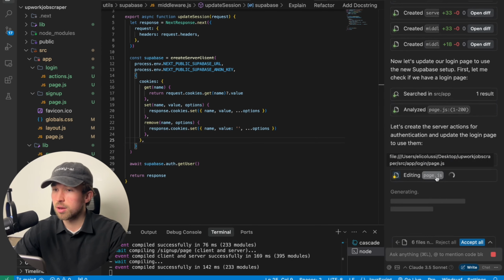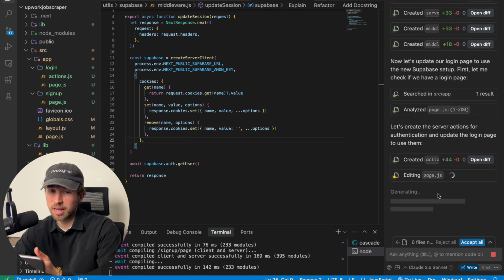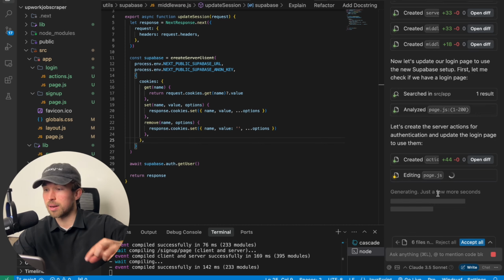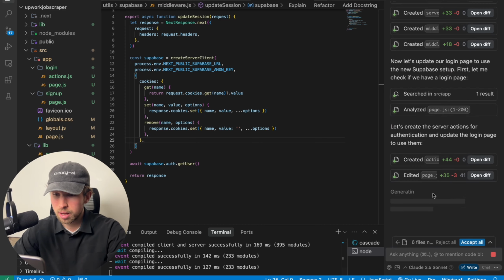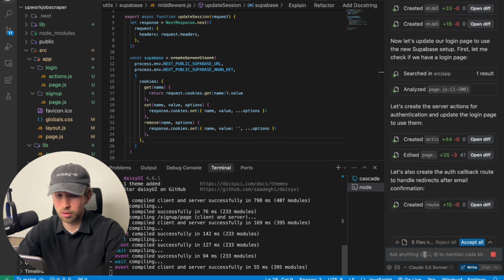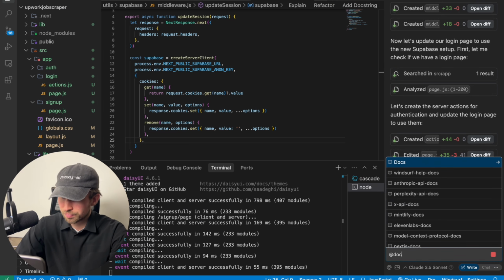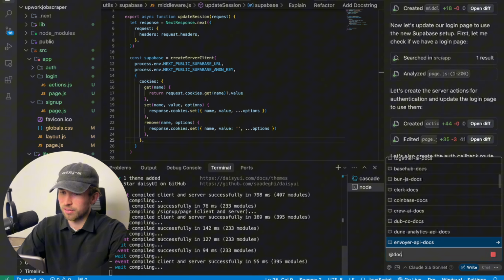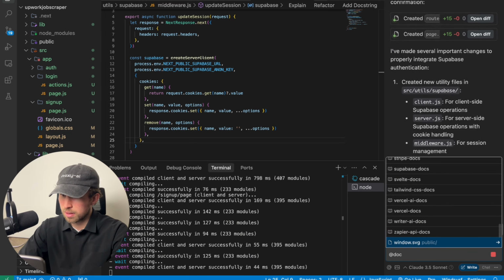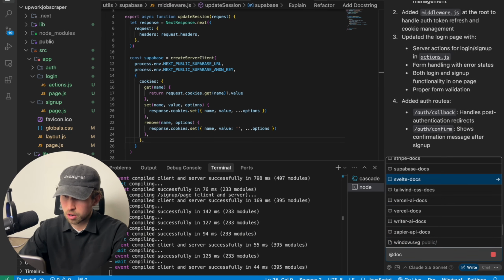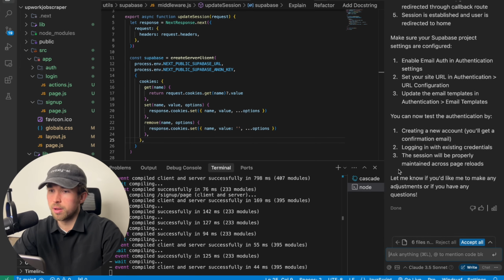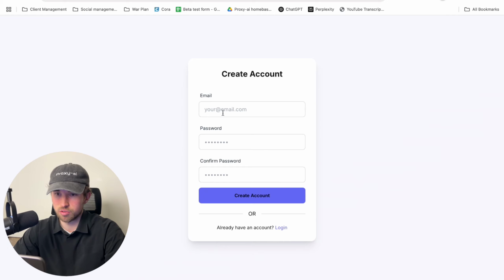So you can see we have Windsurf over here editing our page to actually link these actions with our login and sign up components right here. This works great. You can give it access to documentation as well by typing @docs. And they have a lot of different kinds of docs loaded up on here: LangChain, Stripe API docs, Tailwind docs. It's very, very cool. The team is doing really good work over there. So now we can actually go and check if this is working.